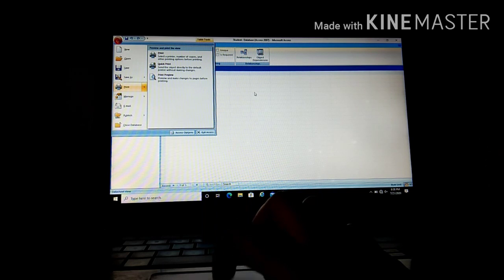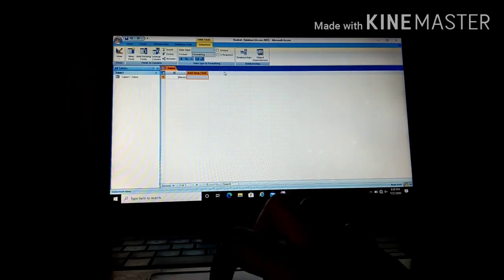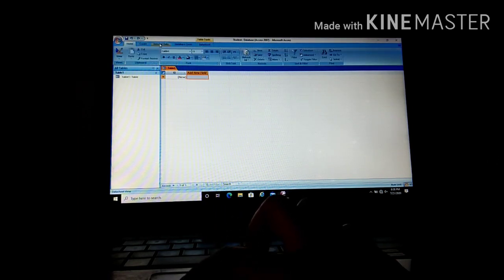Okay. Now the next option is the tabs. These all are the tabs: Home, Create, External Data, Database Tools, Datasheet. These all are the tabs of your Microsoft Access. Okay. Now the next is the Ribbon.